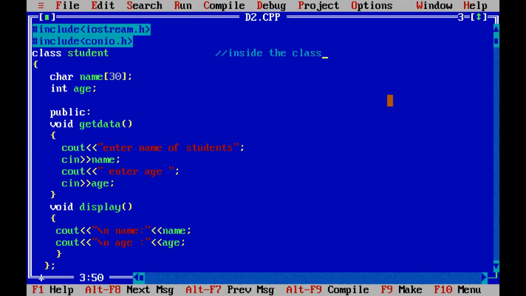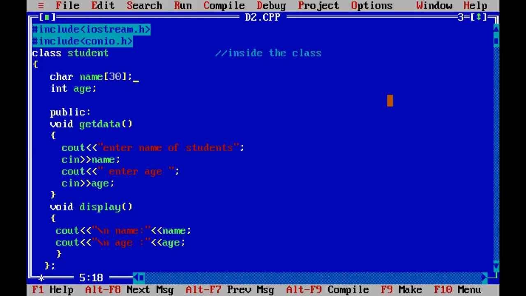Now how will we write the class program? First of all, we'll mention the header files here. The important thing I do first is declare the name of the class. So here is the class declaration line. I'm taking a class as student. So I'm writing class, then space, student. Now I'll start with curly braces, because without curly braces the body of the program will not be considered. So I'll write all the things in the curly braces.